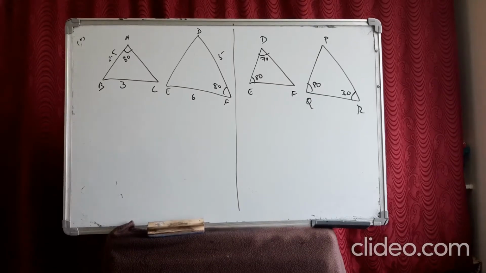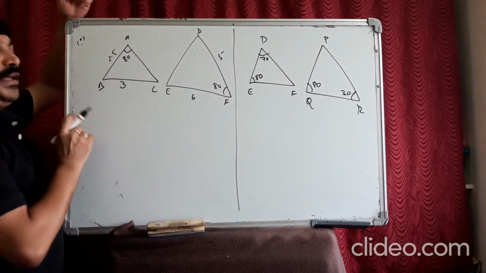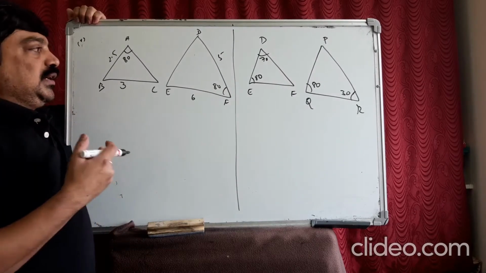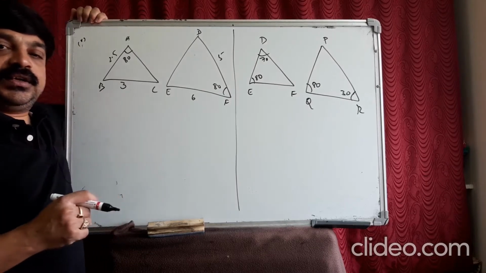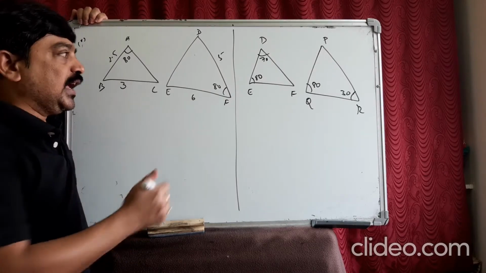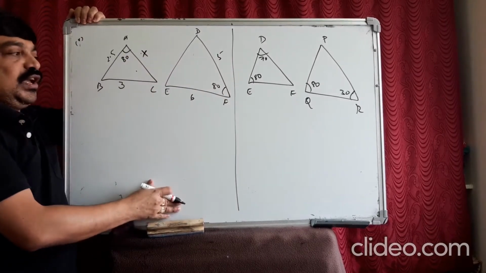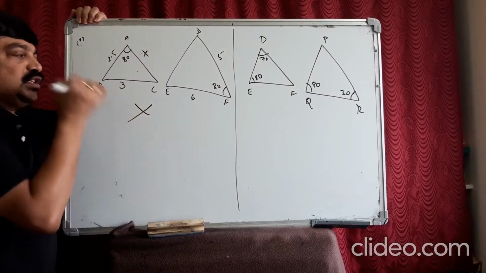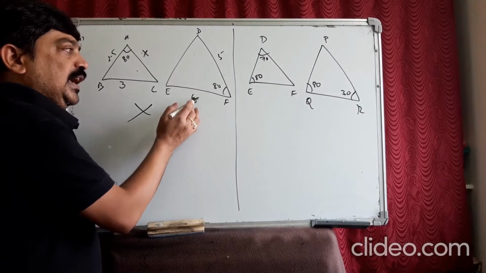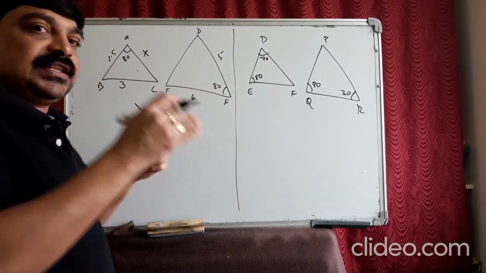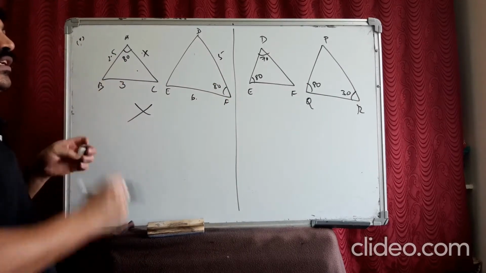Now look at the 4th question. The sides are given here. Here, these 2 we cannot compare, we cannot even apply SAS. Why? Because to apply SAS similarity, there should be an angle, and the sides including the angle should be given, whereas that is not happening in this case. So you cannot even compare these 2 triangles, so these are not similar. I tell you again, when you are applying SAS, the angle should be there and the sides including the angle should be given, which is not happening in the case of the first problem.